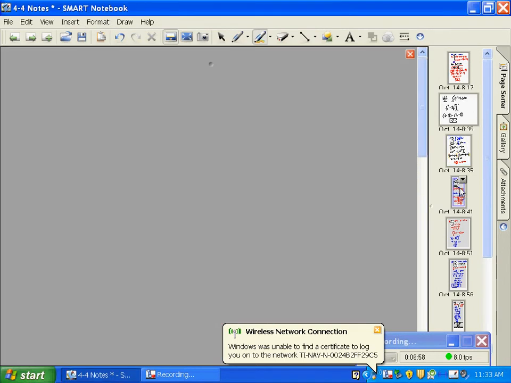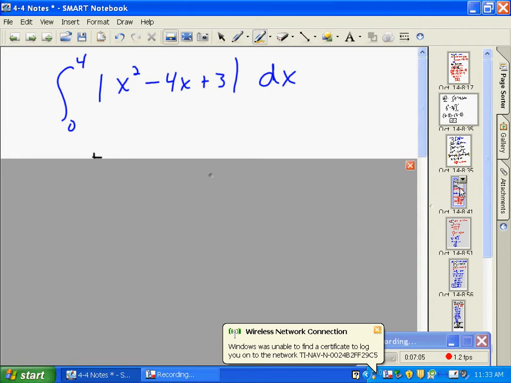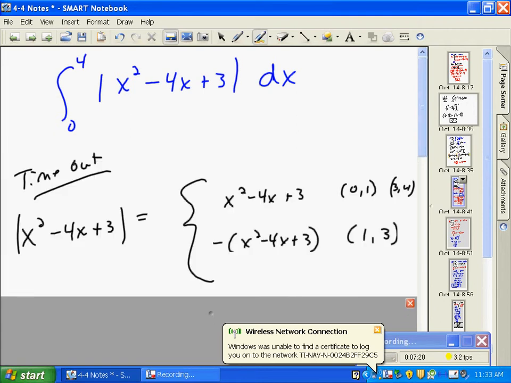Now where it gets a little bit complicated is when you get into the next example, which has an absolute value in it. I have the integral from 0 to 4 of the absolute value of x squared minus 4x plus 3. I'm doing this with respect to x. When you look at that, you have to think about our absolute value. So I'm going to take time out here and reemphasize